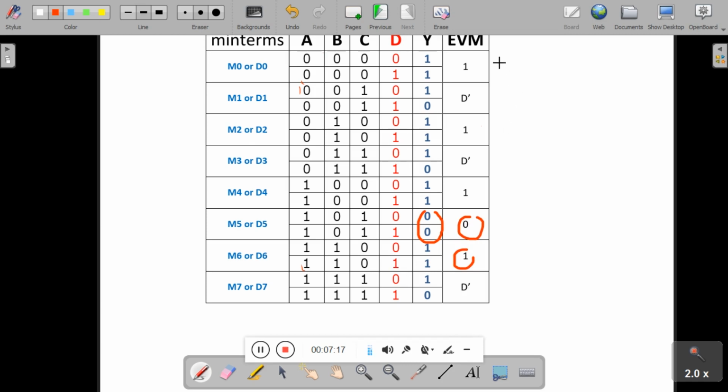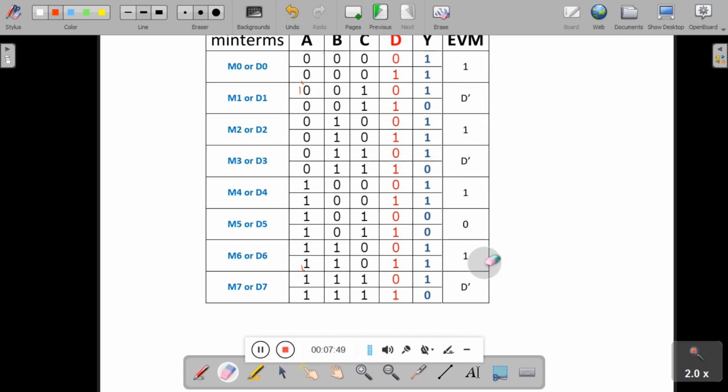Like this, we have to make a note of, we have to compute or calculate the EVM variable. Once the EVM variable is calculated, then you have to further solve it by using a 3 variable K-map. But in this session, we will write the circuit diagram from this EVM parameter.